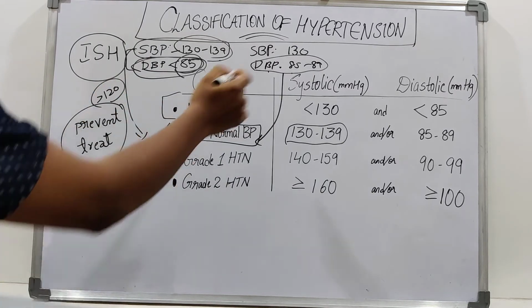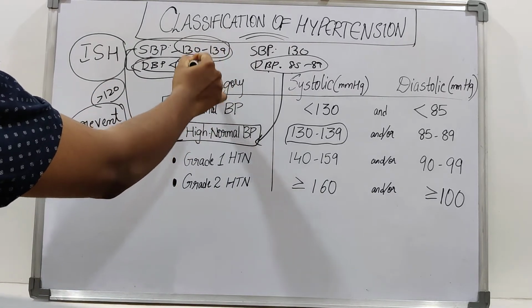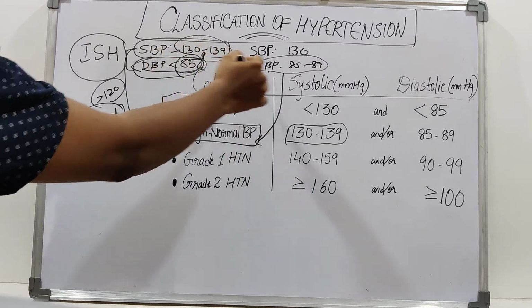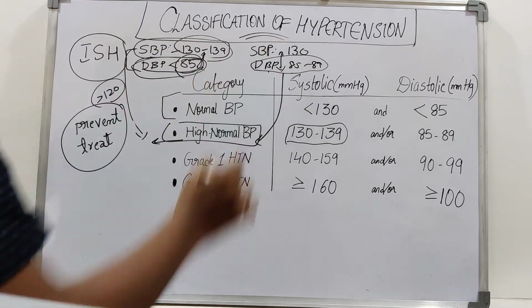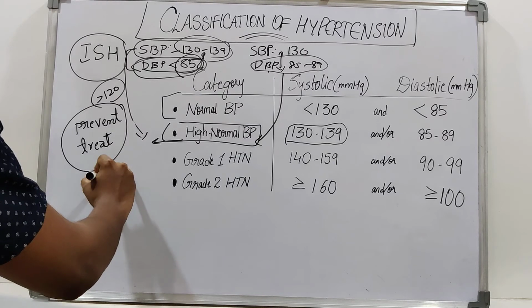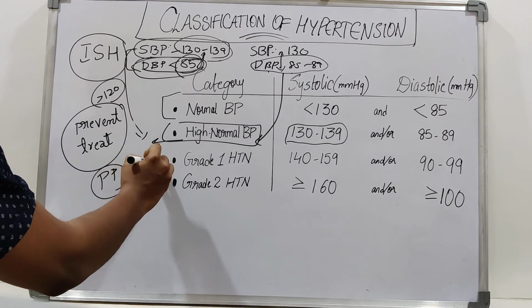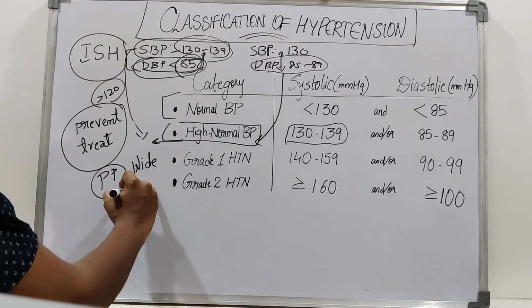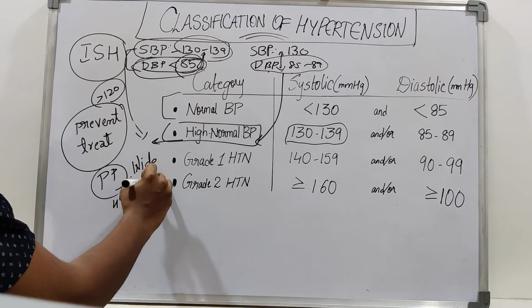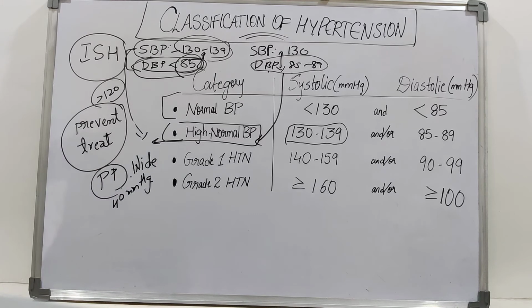The next thing is, you can see the difference between the systolic blood pressure and diastolic blood pressure is also important. Why? Again, it comes under pulse pressure. The normal pulse pressure difference will be 40 millimeters of mercury, but if there are wide differences in pulse pressure, it means that there may be some arterial stiffness. So these things must be noted while classifying the patient into any of the categories under these guidelines.